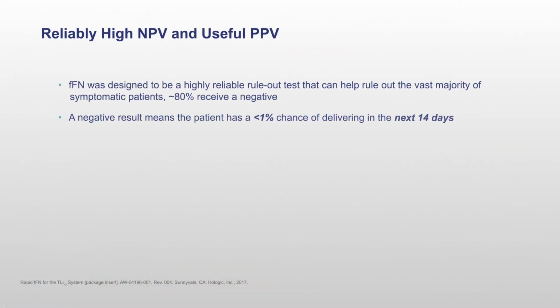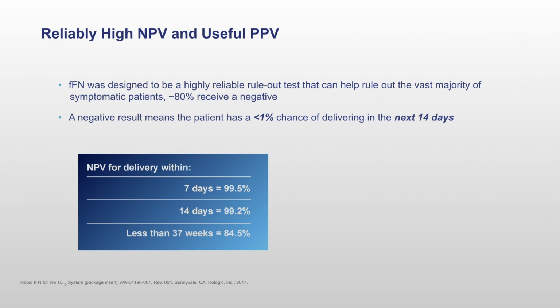Fetal fibronectin is primarily used for its negative predictive value. We know that if that test is negative, 99% of patients are not going to deliver within the next 14 days. And this negative fibronectin result gives us objective evidence to confidently discharge that patient, send her home, provide her with obstetric precautions, and a high level of confidence that she's not going to deliver in the next 2